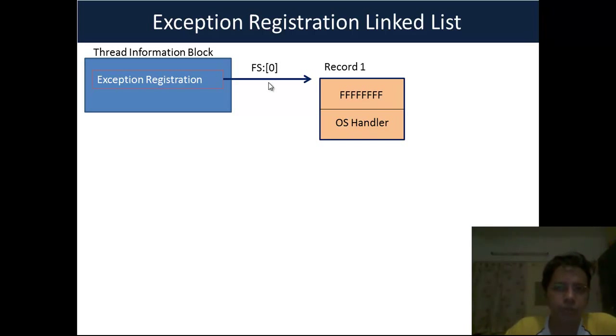Now the registration linked list will grow and shrink based on where we are in our program execution. As we enter more and more new functions or more and more code blocks which have the exception handler defined, our exception handler list will now increase in length. Once again, as we roll back and come back and return from many of these functions or code blocks, the exception registration linked list will shorten once again in size. And this is what we've seen in this entire animation,